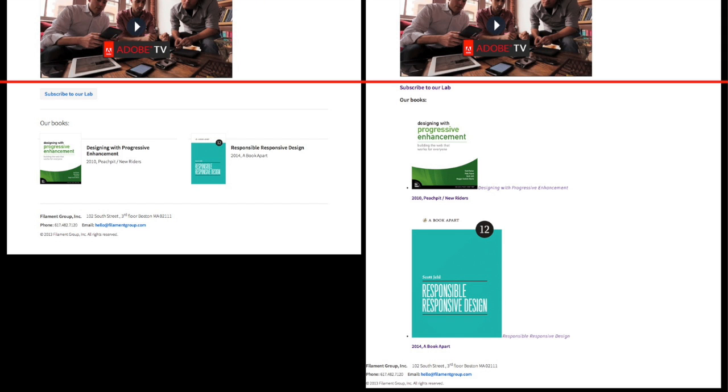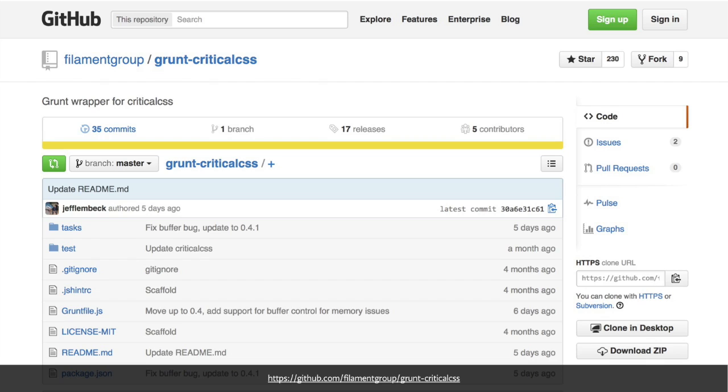Bookmarklets are kind of a manual tool to use, though, right? So for maintaining critical CSS on a big code base, you might want something more automated. At Filament, we use a tool called Grunt Critical CSS. We actually maintain it ourselves. There are a couple other tools out there for various Node.js, mostly, environments. And the way this works is we run this command line task anytime we finish saving a CSS file. And it'll open up unique templates on our site, all of them, and run that same sort of process that the Google tool did, the bookmarklet. Analyze which portion of our CSS is necessary for rendering the top,